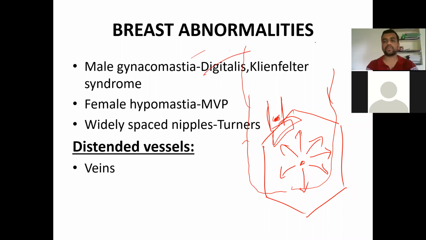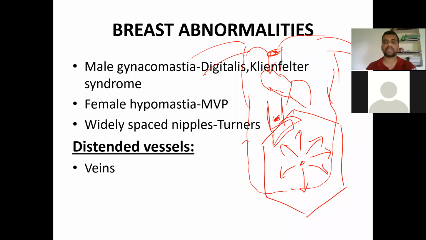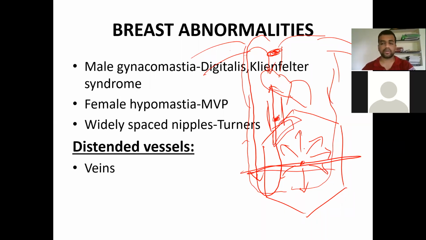They are going to anastomose here with your azygous vein and your lateral epigastric veins, and also over the pectoral veins and all. Then it is going to enter the heart through your superior vena cava. So this is what normally happens. If there is a superior vena cava obstruction, then the blood is going to flow down till here. Then it is going to ascend through your inferior vena cava. So you should be able to answer what the direction of the flow of blood is, and what the different patterns of venous flow are that you are going to observe around the umbilicus. So you are going to answer it.